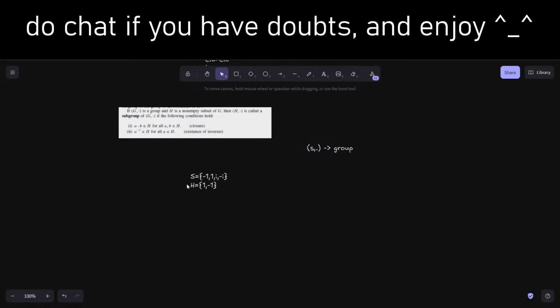Now see, we have a subset H of S, and now if we can show it is closed, obviously: 1 into 1 is 1, it is there in S. 1 into minus 1 is there in S. Minus 1 into minus 1, 1 is there in the set. So it's closed. Existence of inverse: does 1 have an inverse? That is minus 1. Does minus 1 have an inverse? 1. So inverses also exist. If these two conditions are satisfied, then we can say that H is a subgroup of S,